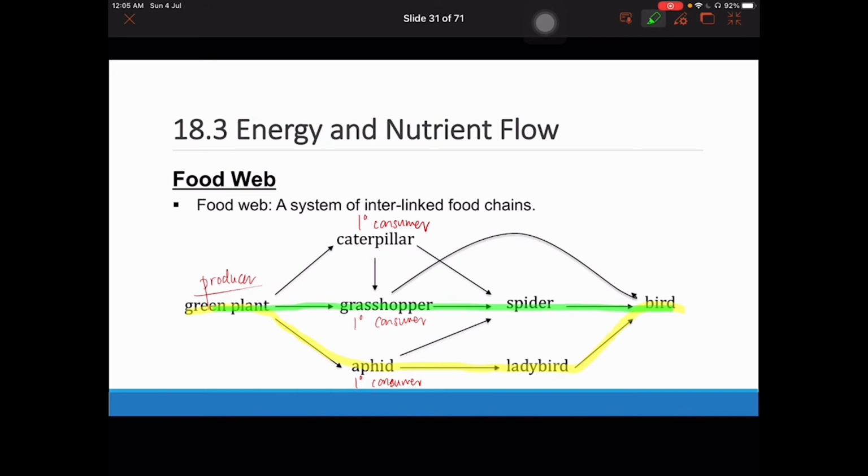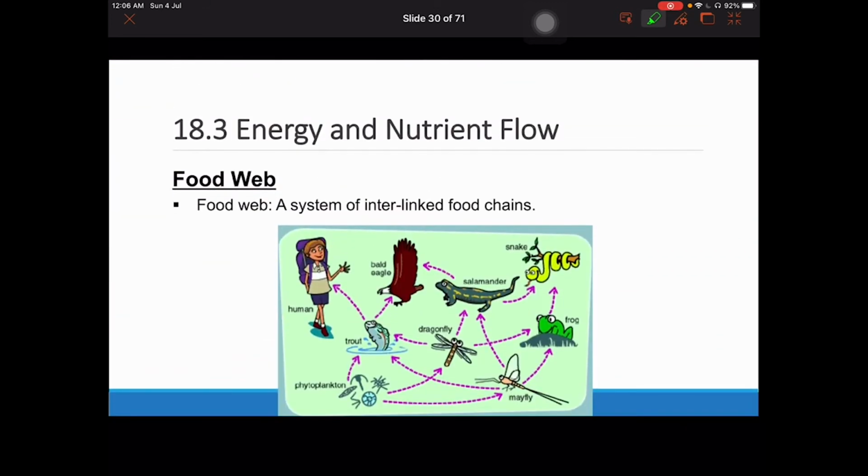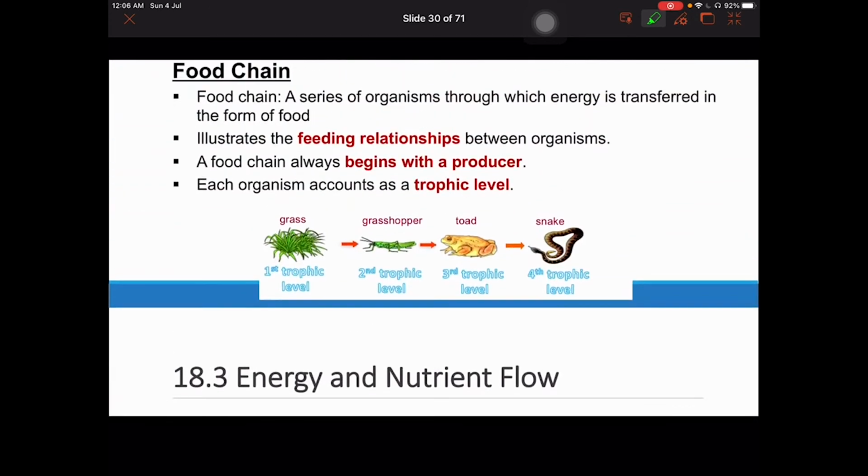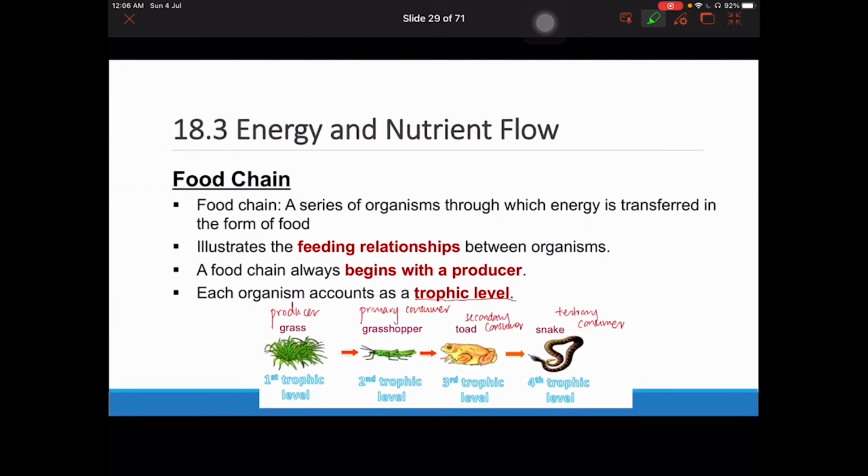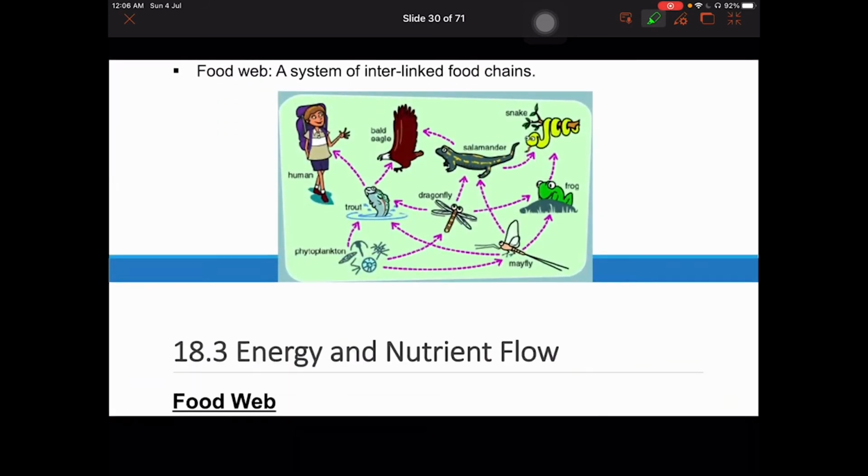Food web will be a bit more complicated already, because when you start thinking about food web, you must also ask yourself, what happens if one of the organisms is being affected by, let's say, a disease, then they got extinct? So how is it going to impact the entire food web? So although the concept of food web and food chain is simple, it's important to always keep at the back of your mind that you must ask yourself, what happens if one of these organisms is gone? What will happen to the entire food chain or food web?